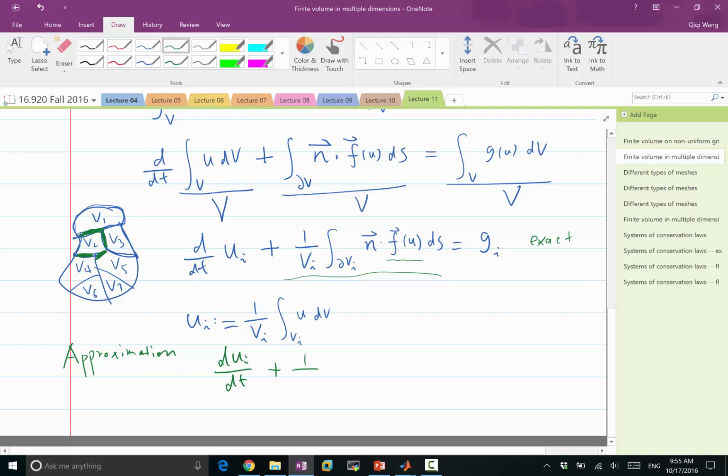And we can split up this integral over the entire boundary of Vi into a summation of integrals. The summation is over all the cells that are neighbors of that particular i. So I'm going to write it as j in the neighbor set of i. j is defined as a neighbor of i if i and j share a non-trivial interface. So if the flow can go from cell i to cell j through a boundary,